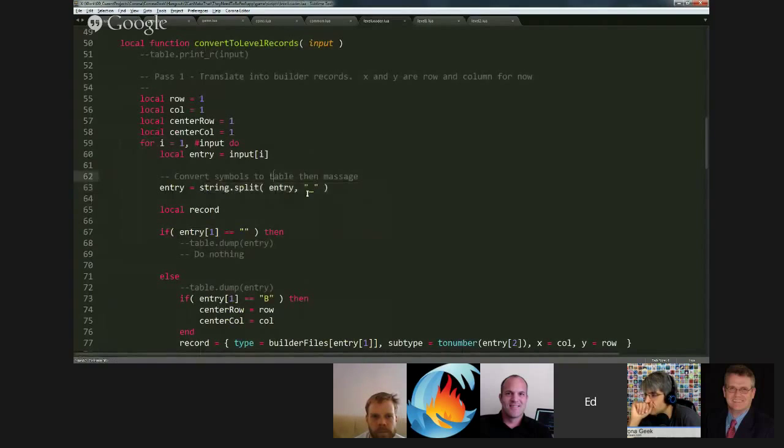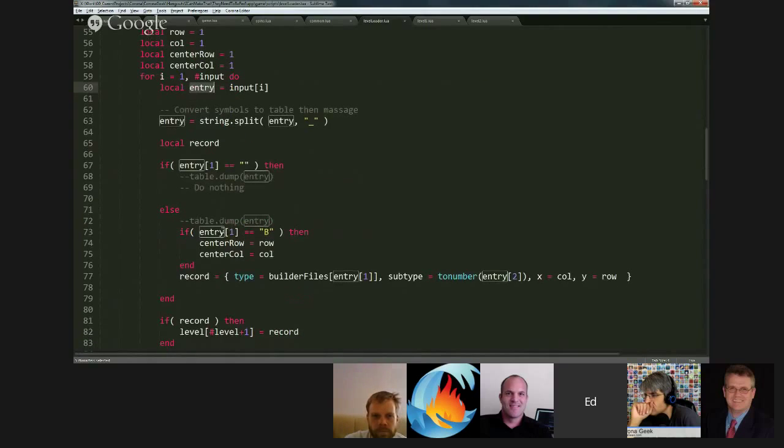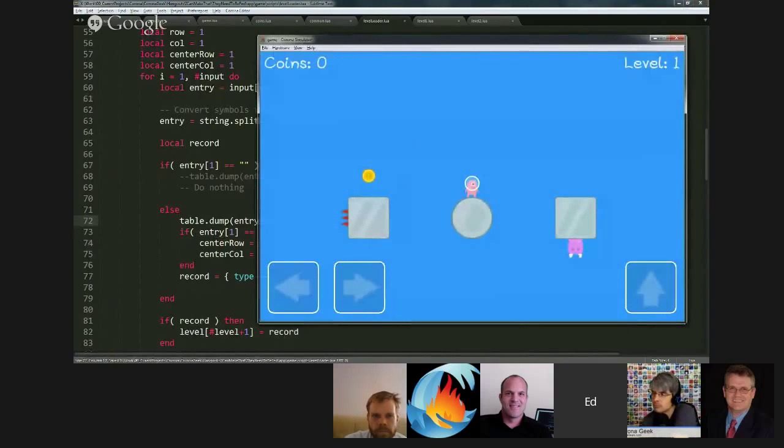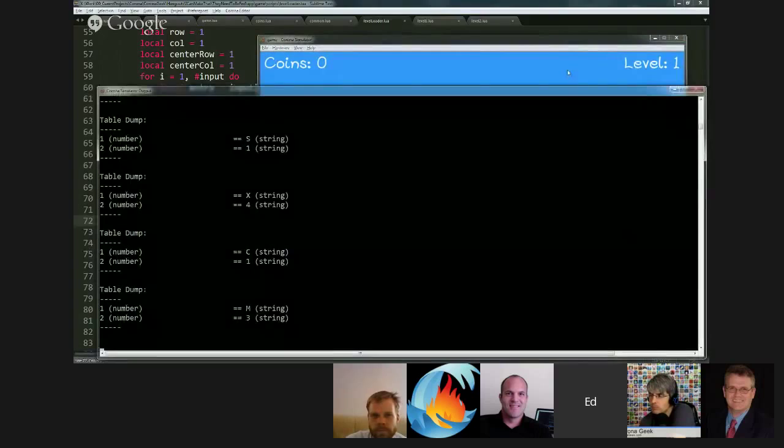I have a string, I use this as a token, and then I return entry, which is basically a table. I've converted entry from a string into a table. So the return value of this gets assigned to entry, the string that was in there gets wiped out, and now it contains a table. And if we looked at that, it would look like this. So now you